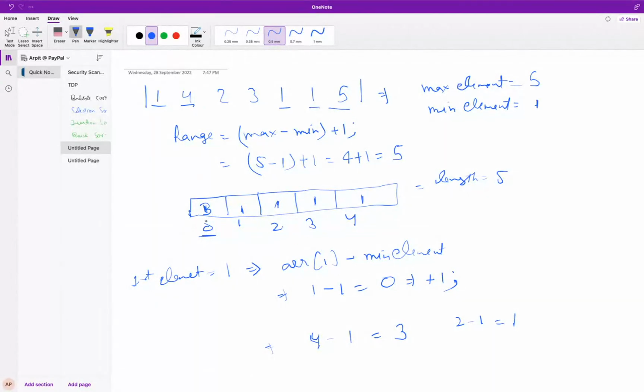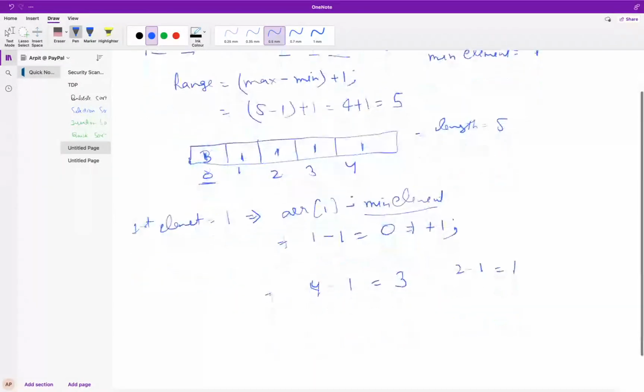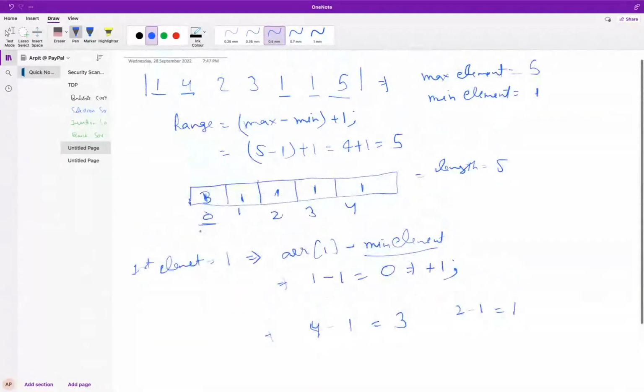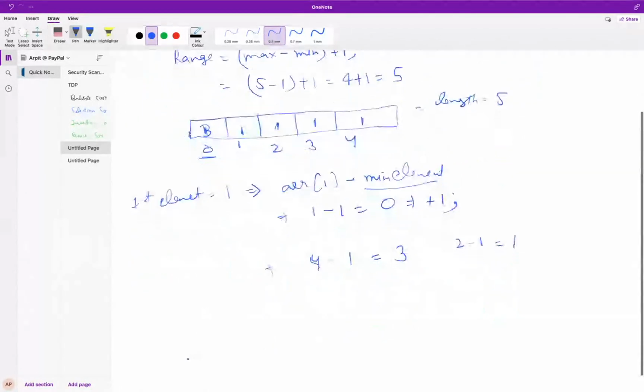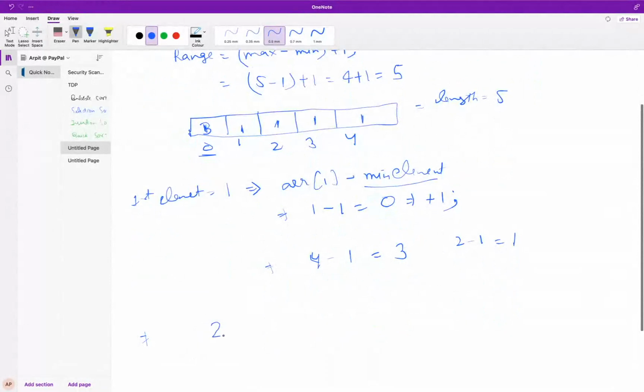Understood guys? How they have achieved this? They are just subtracting from the main element, and that many indexes they are trying to create here, and then on those indexes they are trying to keep it like that. Understood guys? I think this is a little bit reducing our array of k size. Earlier k size was greater, but let's take another example, which is 2 4 5